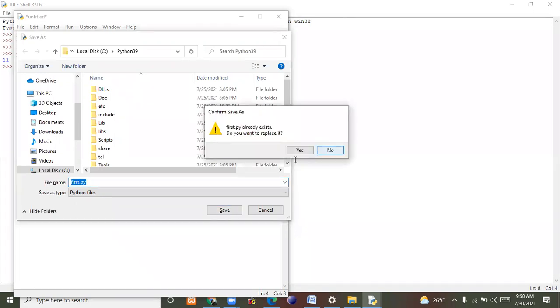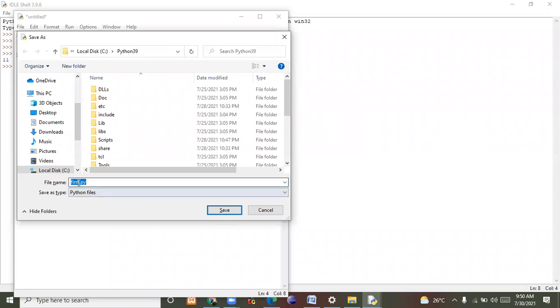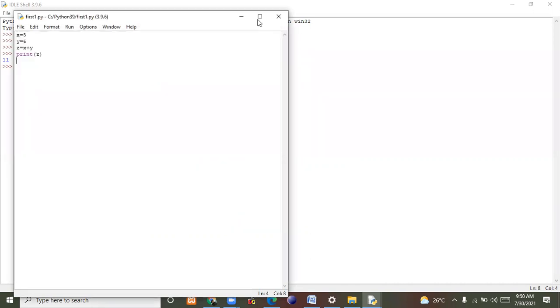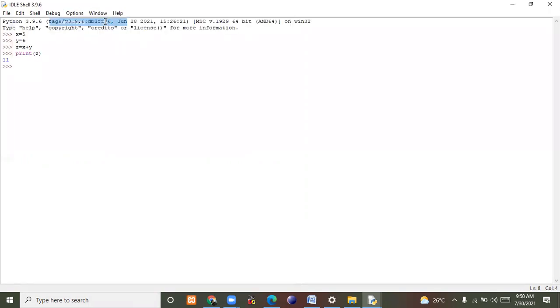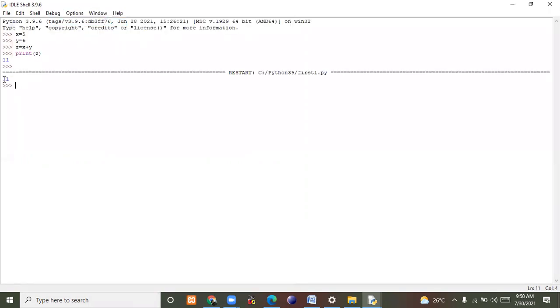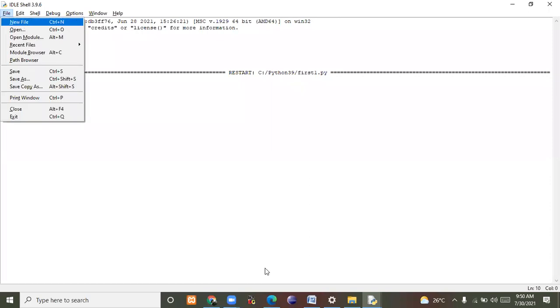This file already exists, so I am changing it to one.py. You should mention .py. After that, how can you execute this code? Just press Run Module, or directly press the F5 button. After that the interpreter will open, and here the output will come. Are you getting it clear?